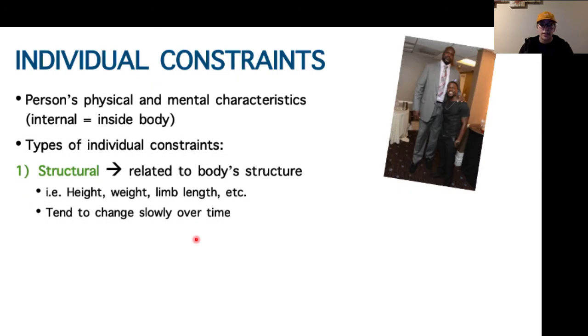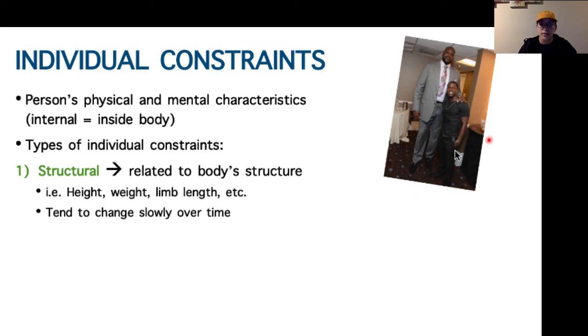Different types of individual constraints. The first type is structural. So this is related to the body structure. I use this picture of Kevin Hart and Shaquille O'Neal because it's funny for one, but also height is